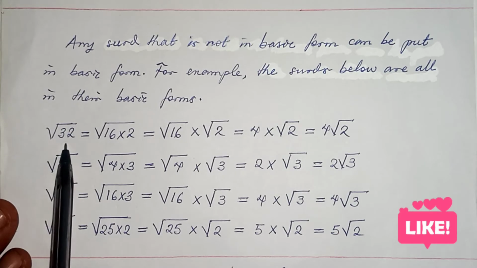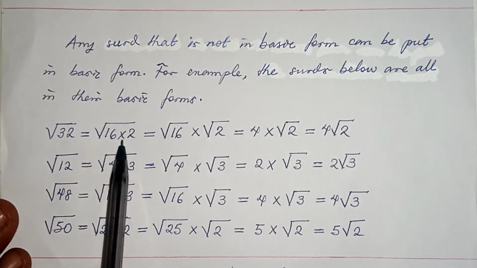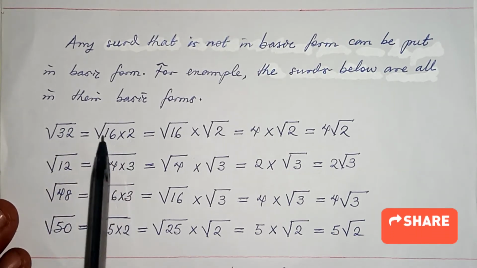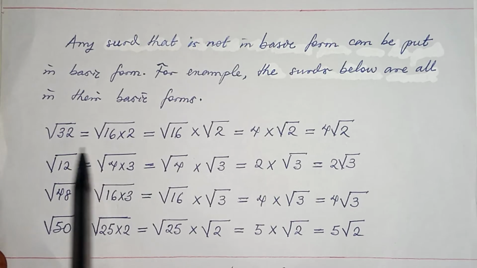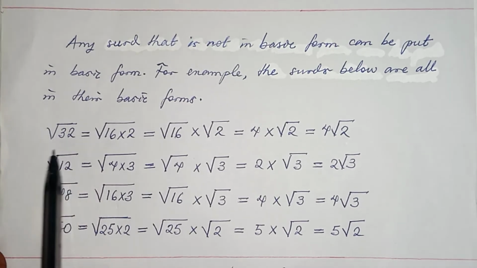The root of 32 can be written as the root of 16 times 2. Take note, we chose 16 times 2. We could have chosen 8 times 4. 8 times 4 would have given you 32, but we chose 16 times 2 because when putting in a surd that is not in its basic form,